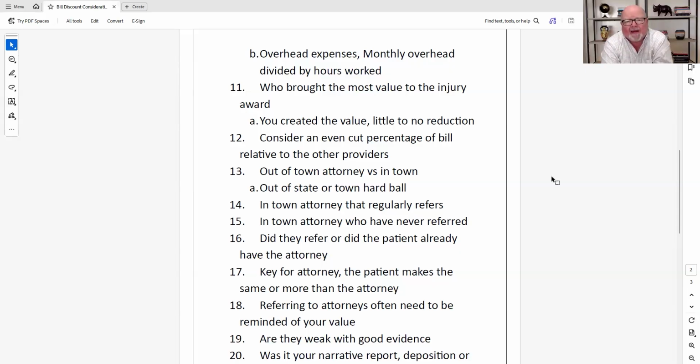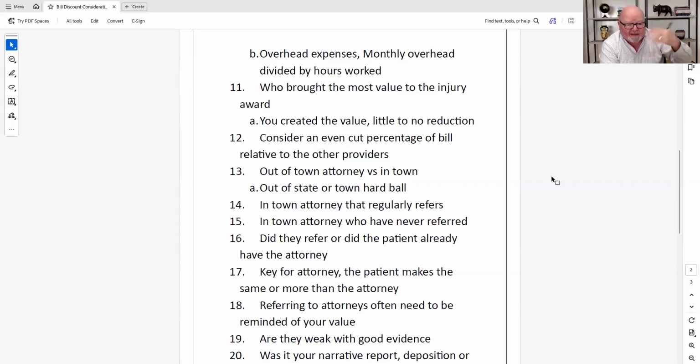the first thing I'm going to ask is, why did it come back less than 2-to-1? Do I have a weak case? Well, if I had any permanencies, it's not going to come back less than 3-to-1. That's the key. As soon as there's a permanency, it should definitely take it over 3-to-1. That's like a marker. So if there's no permanency, so there was pain and suffering and the patient got better,